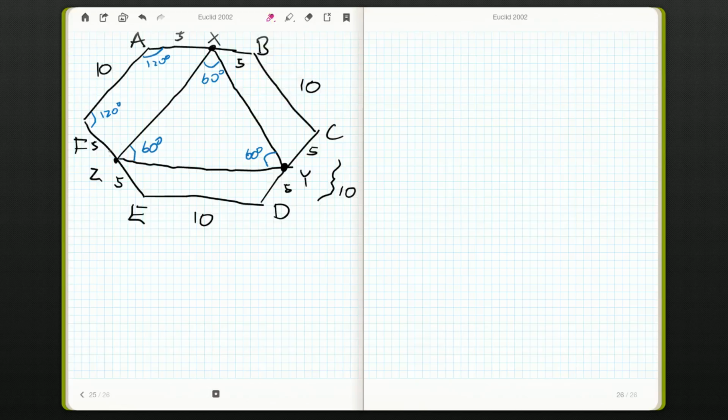Now, whatever this interior angle is here, it's going to be the same as this angle up here, and this angle here. And by symmetry, it'll be the same as this angle here, and this angle here, and this angle here. Just because it's a very symmetric construction, I should be able to sort of flip it